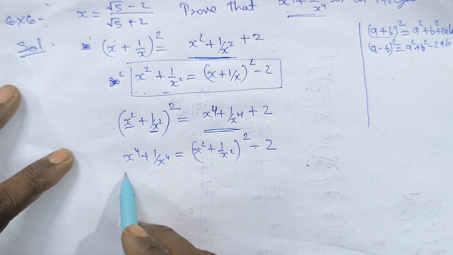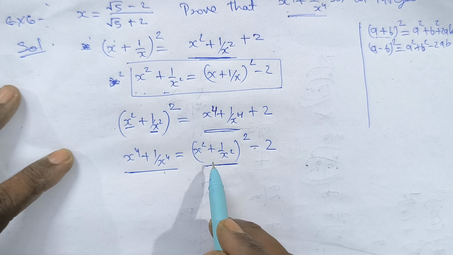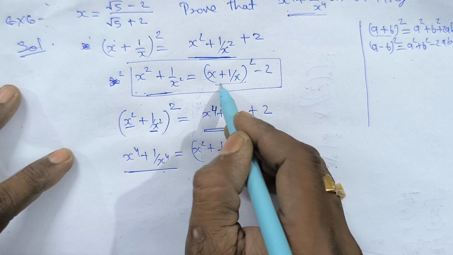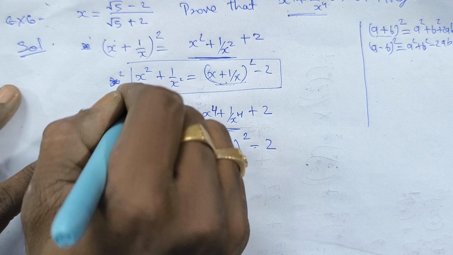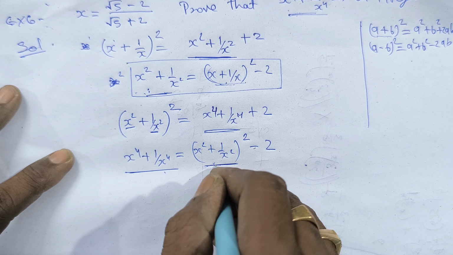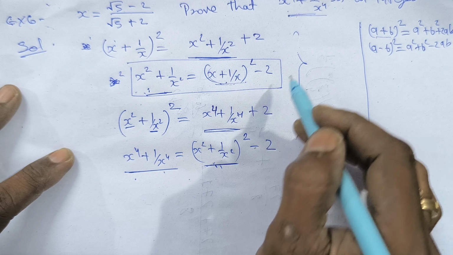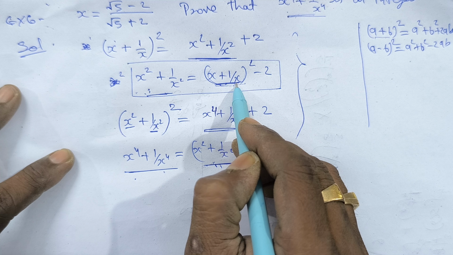We got this, we need to find this. In this formula we have this, and we already know this one, so we need to find this. This is the basic value. If we can find this one, we can find this one, and then we can get this one, right? So this is basic. If you do this first, you will know what you needed. So you first need x plus 1 upon x.